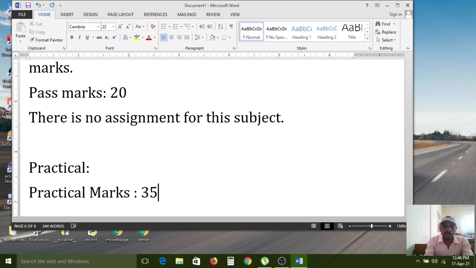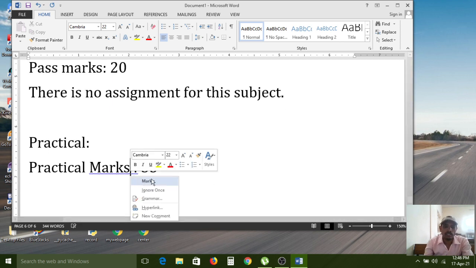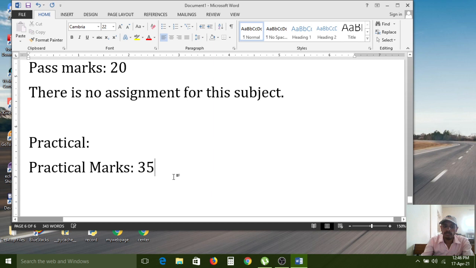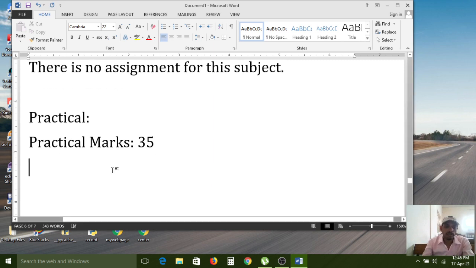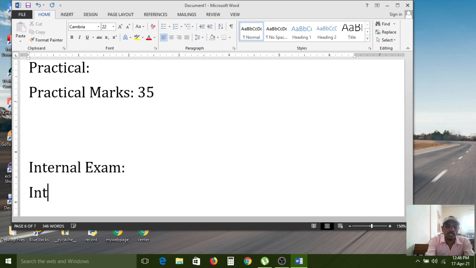And we now have internal exams, so for that, internal marks are 15.